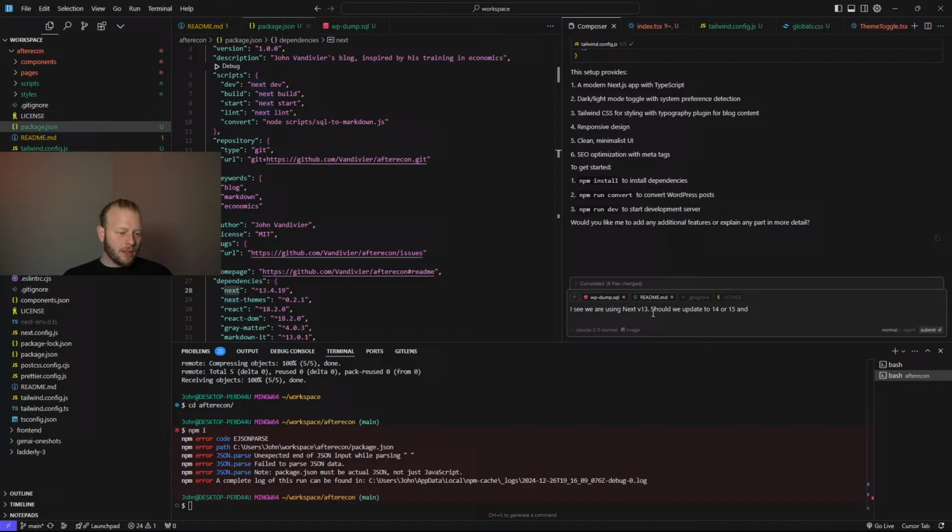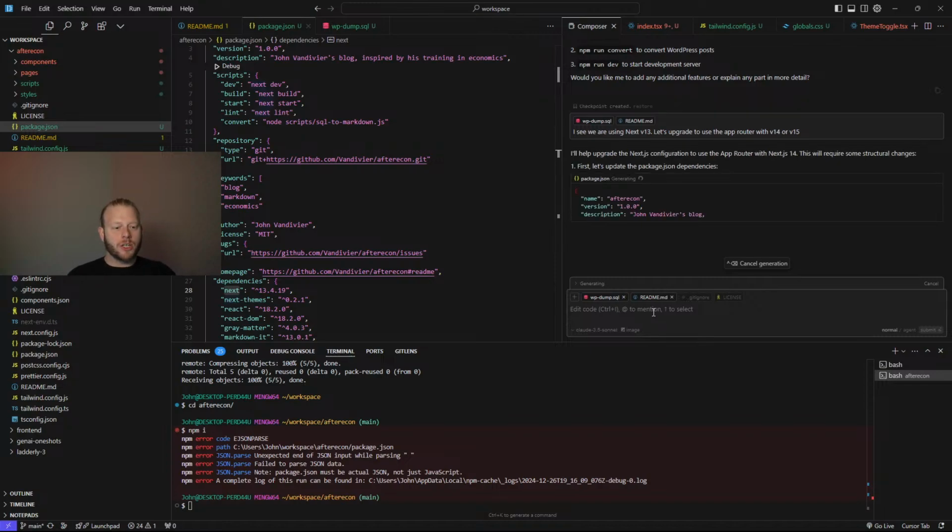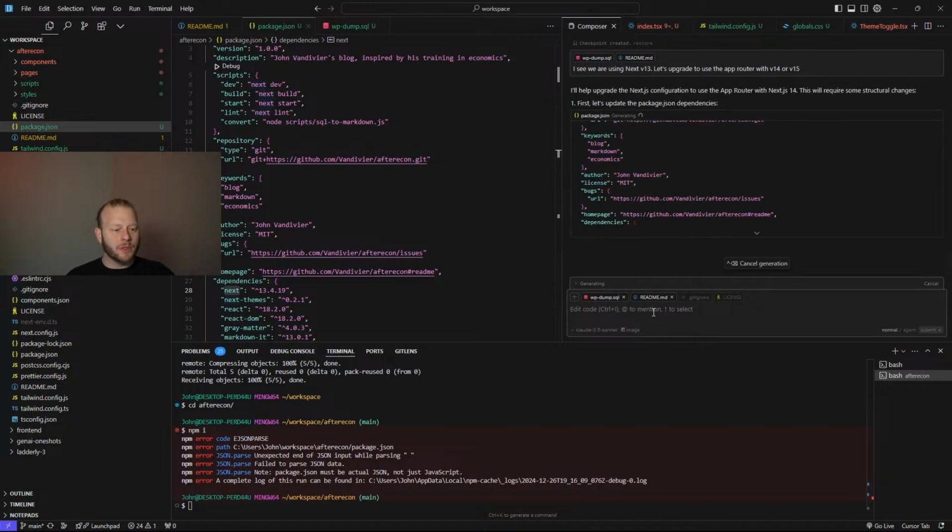And I'll just say, let's upgrade to use the app router with v14 or v15. I'm not sure exactly when Claude's knowledge cutoff is. Yeah, it looks like it's aware of 14, but not 15. So we'll go with that.